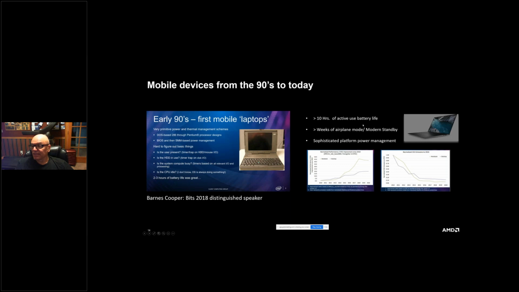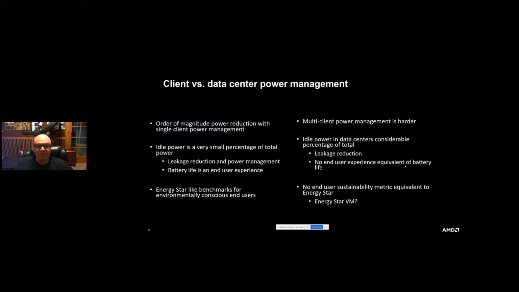A lot of those devices, like an iPhone or iPad, would last 60 days if it's in off mode, weeks, maybe months of airplane on modern standby. And all of that happens through very sophisticated power management. You look also at their CO2 emissions, and you can see that exponentially going down, very significantly, because of that energy efficiency. If you make a little bit more comparison to the data center today,